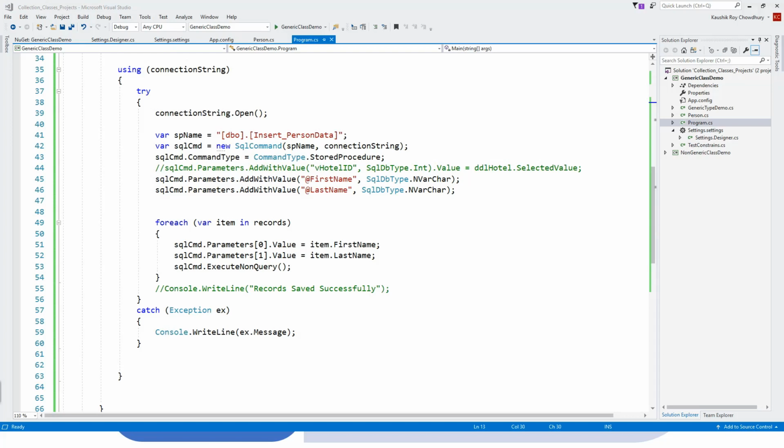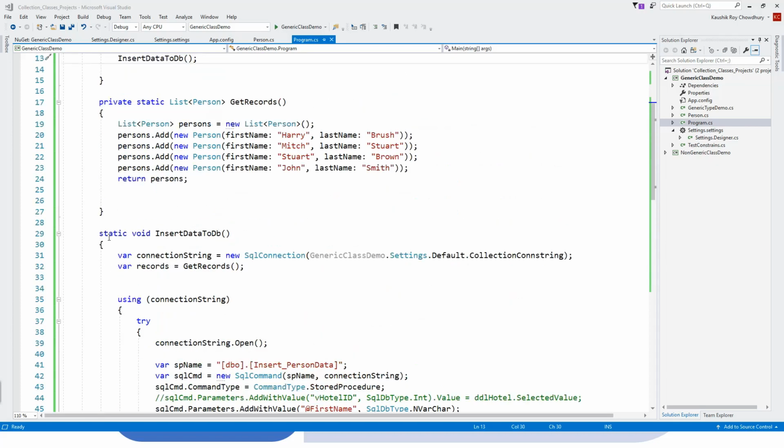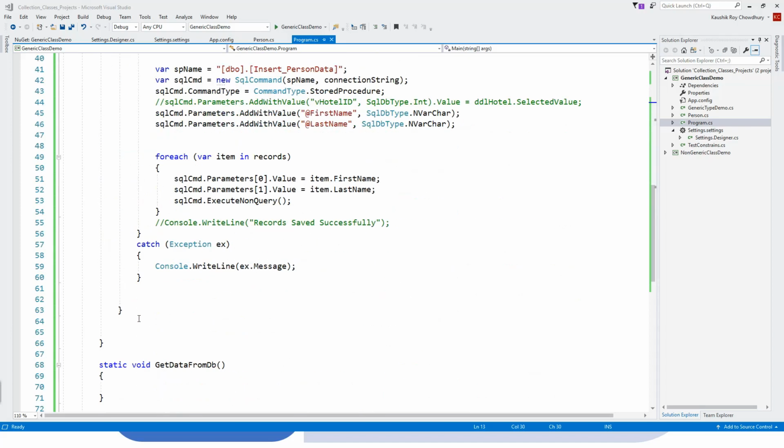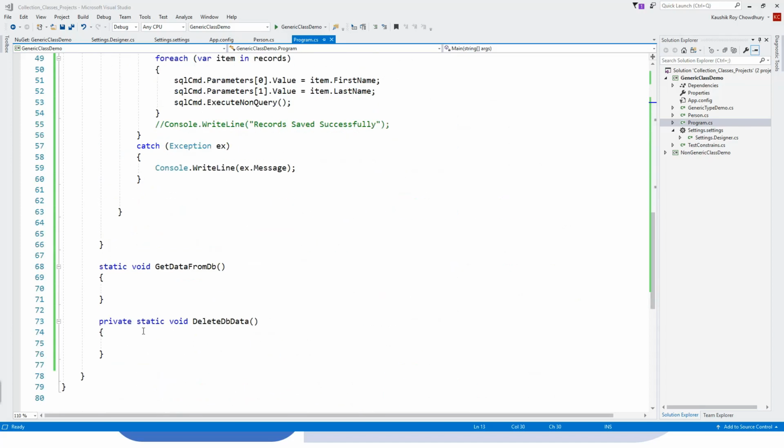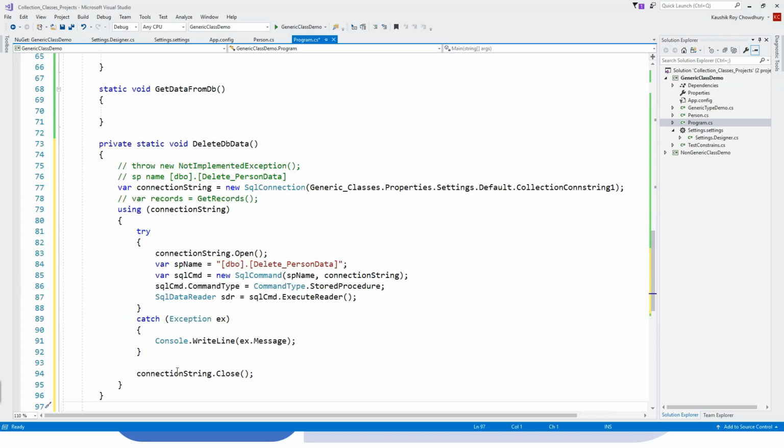So this is DeleteDatabaseData. Let me copy it from my clipboard. So I've got InsertDataToDatabase, GetData, DeleteDBData. Okay, so here I'll just copy over the full thing. Okay, right, and then